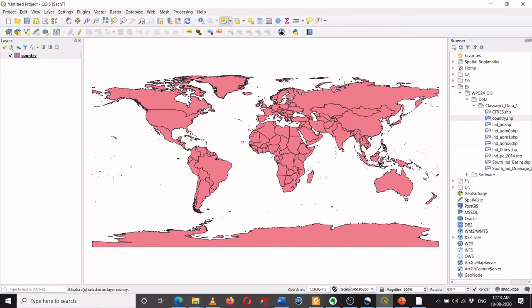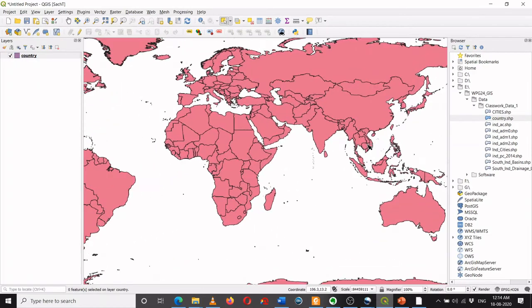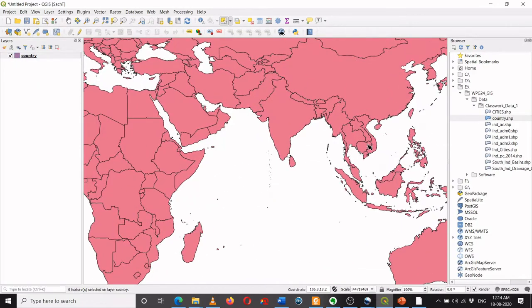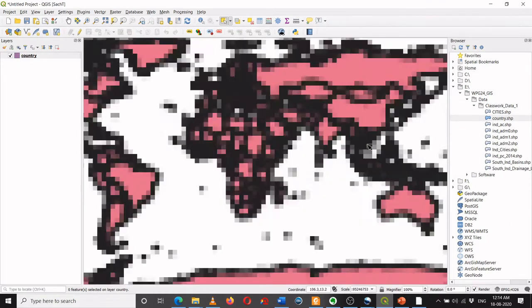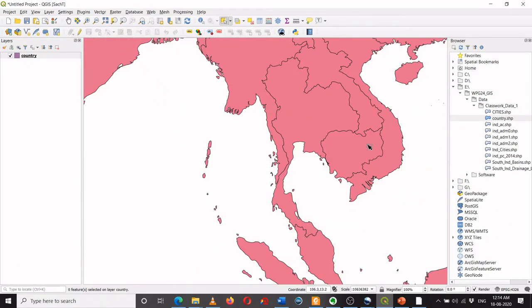Now, for example, I will zoom in over here. You can zoom in by scrolling the mouse as well. That option works very well, and also zoom out with the mouse. I recommend all of you to use the mouse.